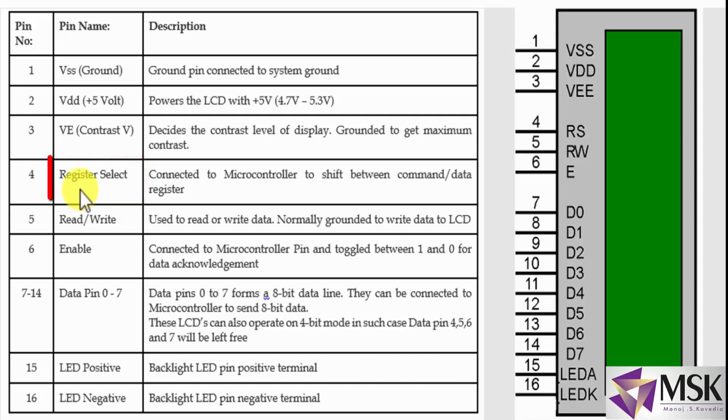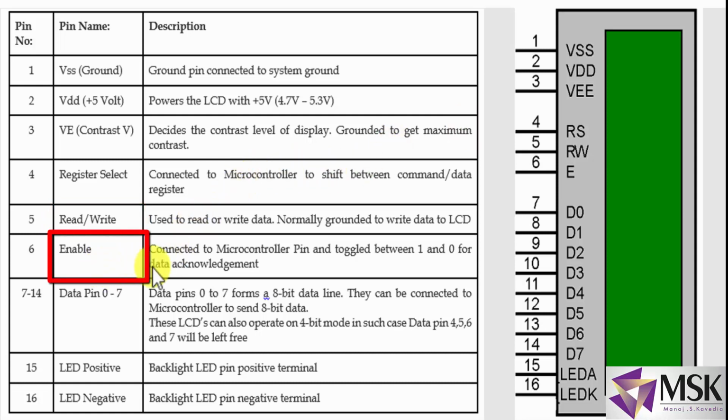In microcontroller there are two types of registers. One is called the command register and the other is called the data register. Same way we have RW, that is read write. This is used to write the data to the LCD or read the data from the LCD. Reading means it will basically check the status of the LCD, whether it is busy displaying something or generating some patterns or some data. This LCD even has a controller inside.